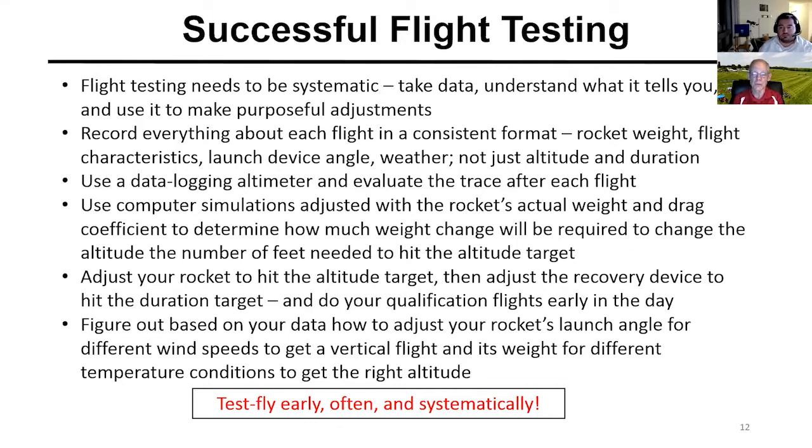Remember, when you change the weight of the rocket, you're changing its duration. If you don't change the parachute, it will descend quicker if it's heavier, but a few grams don't matter that much. They do matter a lot in altitude. They don't matter that much in duration. If you're adding 50 grams or something, that will measurably affect duration. But if you're adding plus or minus 5 or 10 grams, it won't affect duration very much. So my advice to teams is always to adjust your rocket to hit the altitude target first and get a duration that's somewhere in the ballpark. Get on altitude first and then start adjusting the recovery device to hit the duration target.